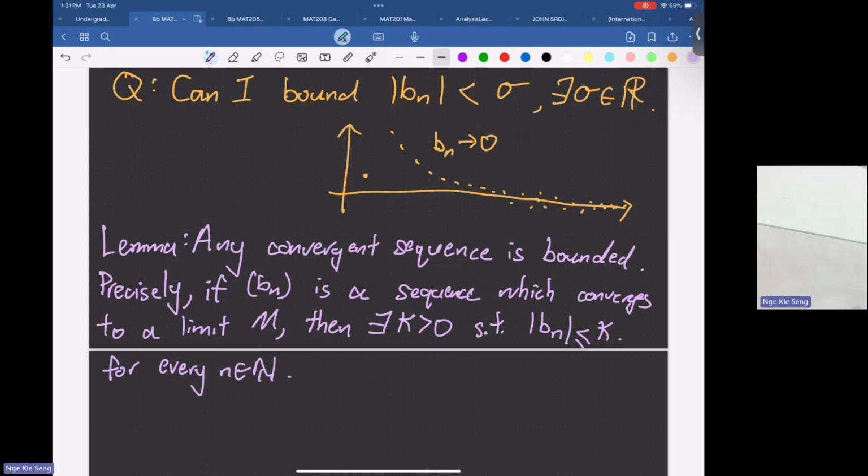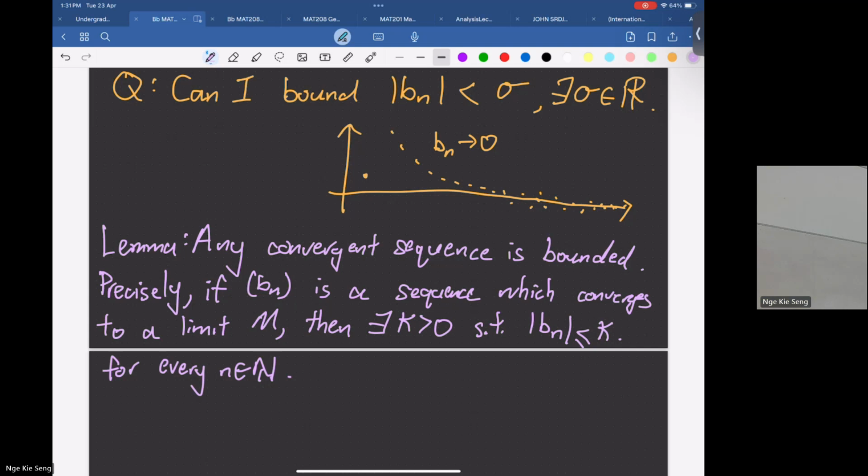Why does this make sense? Look at the picture again. When you say you want to converge to a limit, what happens to the tail of the sequence? It needs to be within some epsilon gap of the limit. So they are very close to your limit already. There are really only finitely many of them which are far away from the limit.